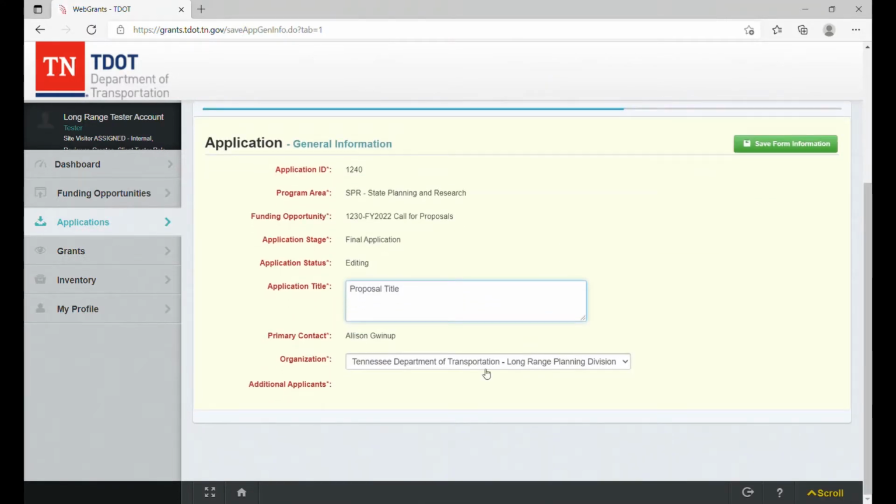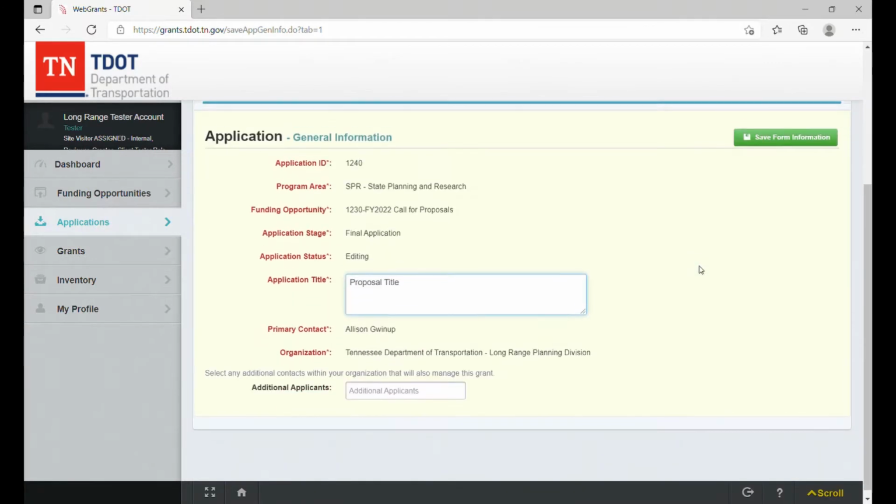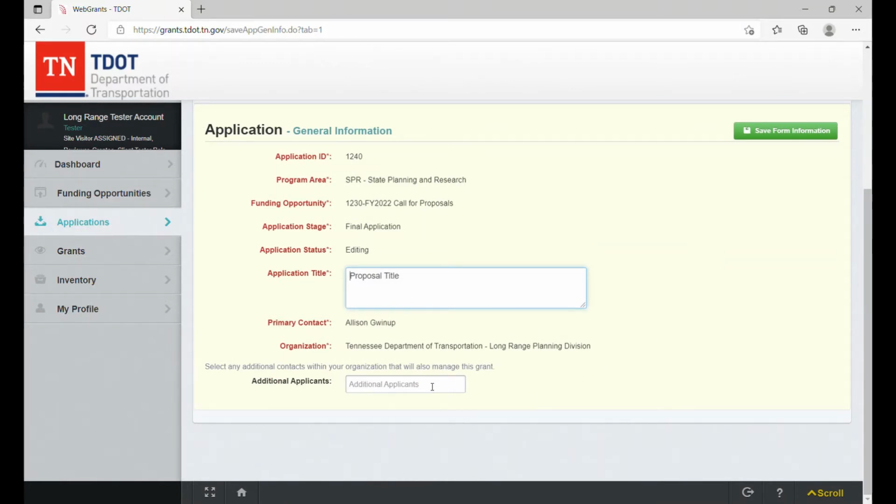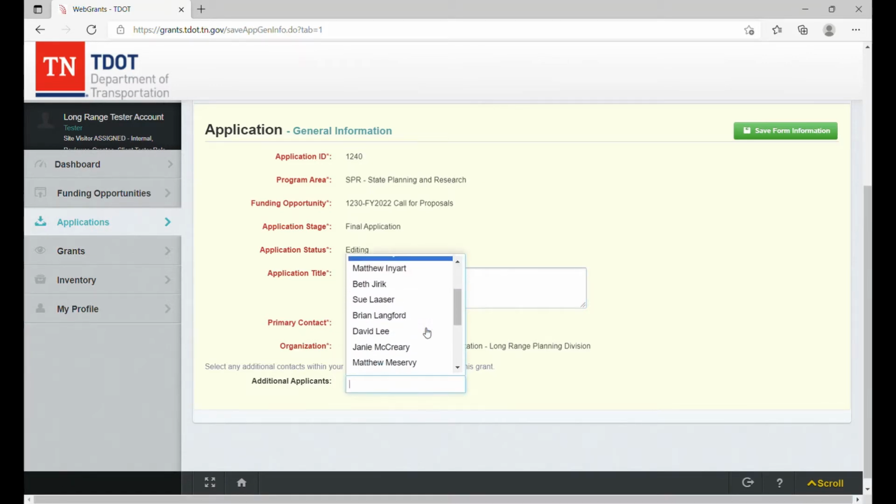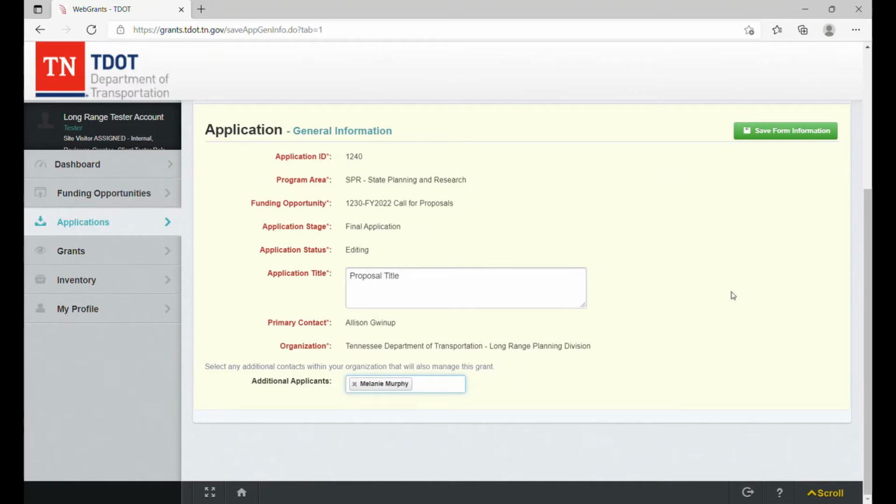Scroll back down. Here you'll select your organization from the drop-down if it's not already selected, and Save Form Information again. And then here you'll need to add any additional applicants. Please add all of your co-PIs that you are applying with here as well. Their names should be in the Web Grant system, so that way you can select them. Please have them register if they are not already there otherwise. And we'll add a coworker. Save the information one more time, and you'll be brought to the Application Details